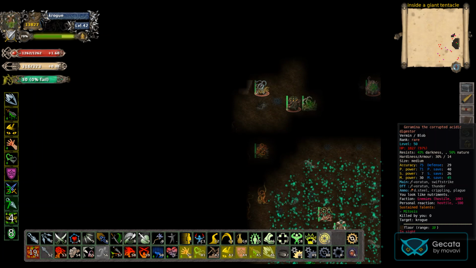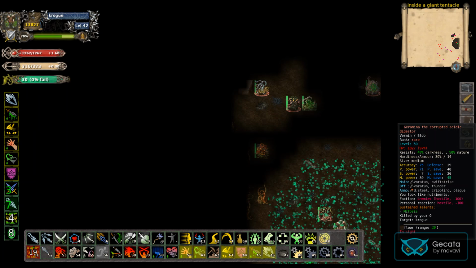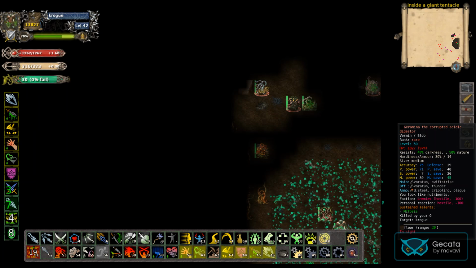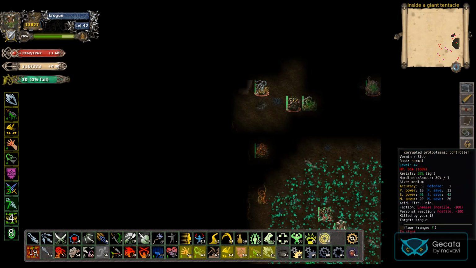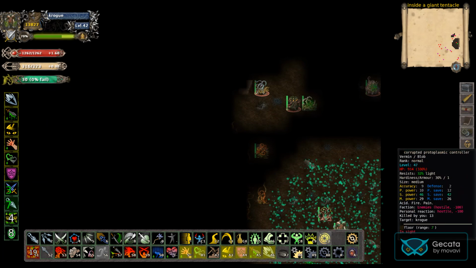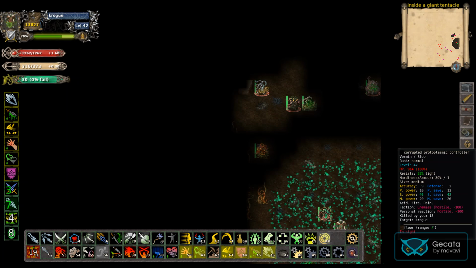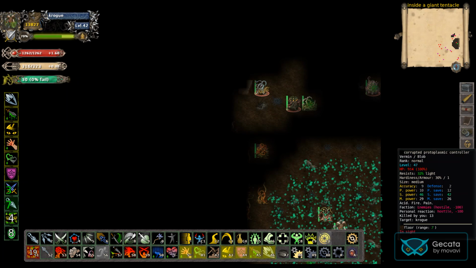And then the other one that's really worrisome, well, there's 2 more. There's the Mastocytic Feeder. See if we can find one of those. Oh, here's Protoplasmic Controller. This one has Acid Fire, so it creates an area effect that blinds and removes magical buffs. We don't have any magical buffs, so we